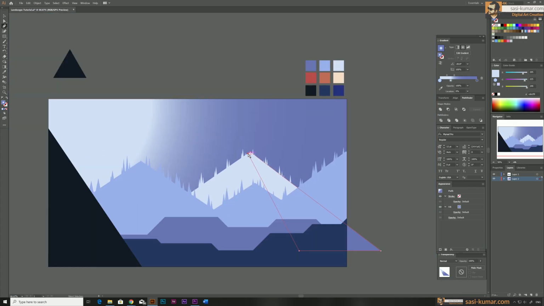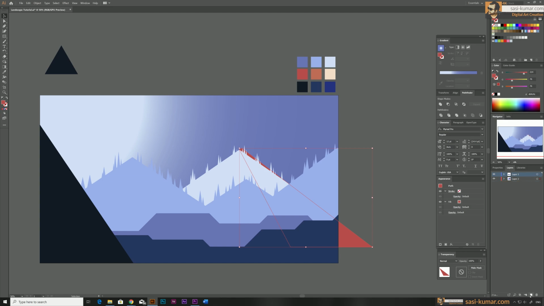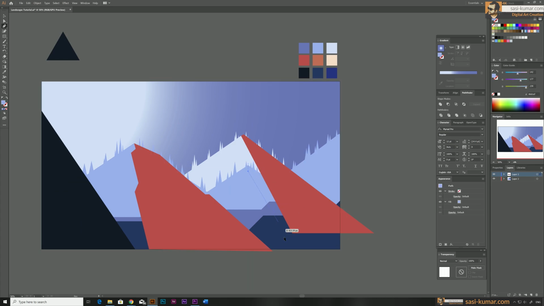Okay, so I will just apply this red color for now. Later we can edit them. Let's bring this to the front layer like this. Okay, so for this one also, let's apply the color like this, and for this one,